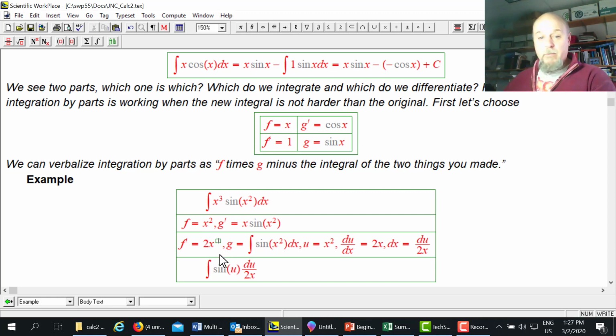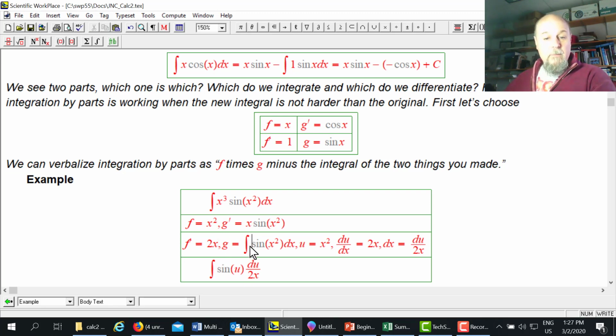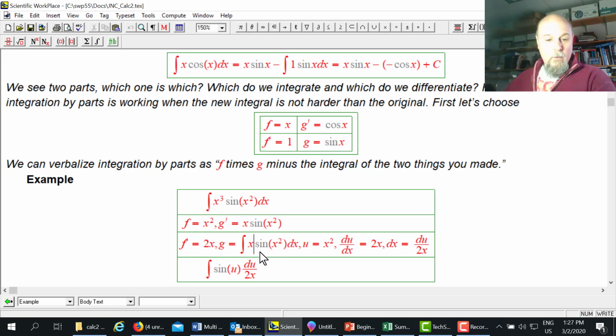It still gets simpler. Because there's an x in g prime, when I do the same substitutions, this x cancels with this x, and now I'm integrating one half sine u,